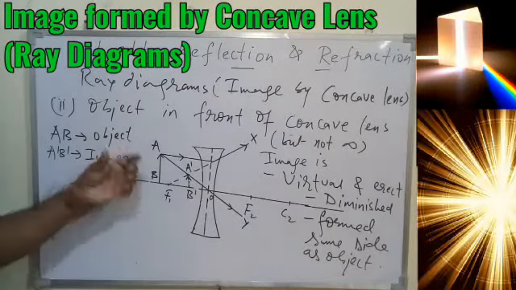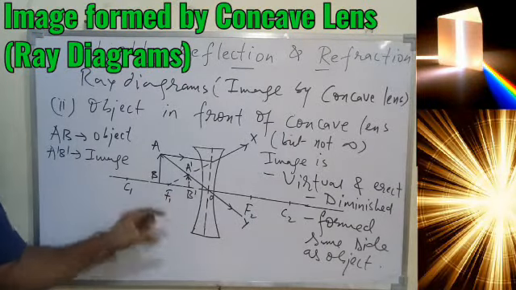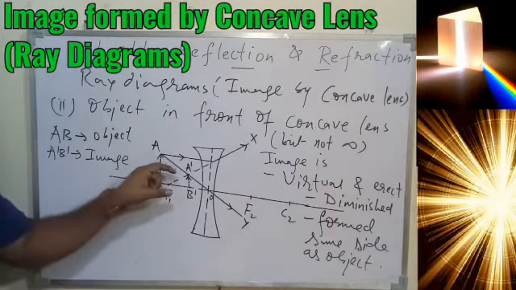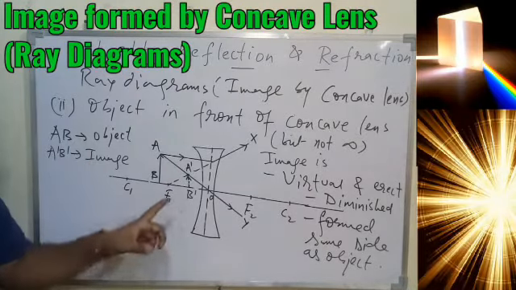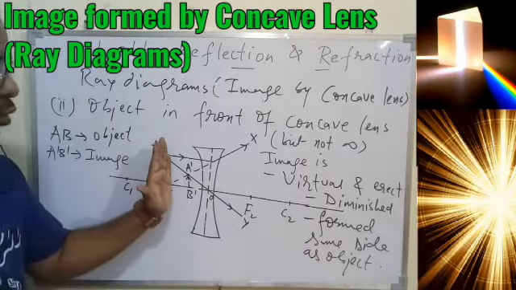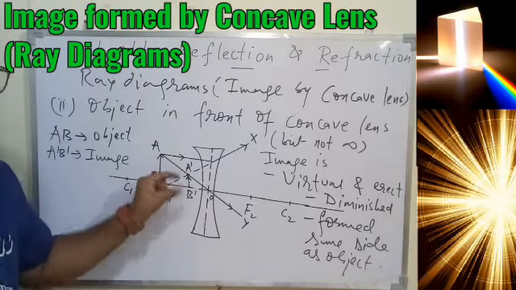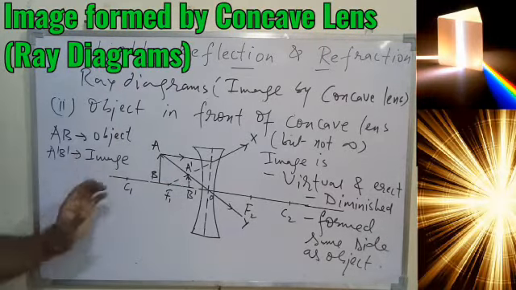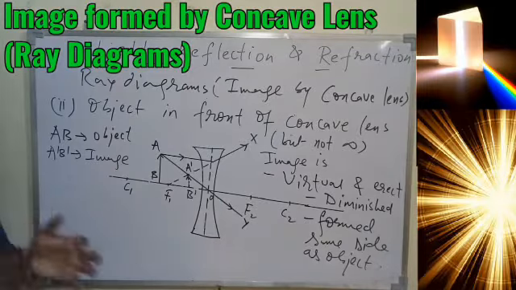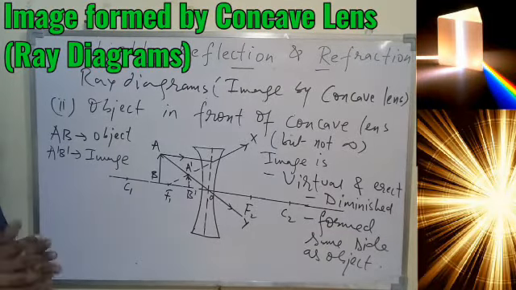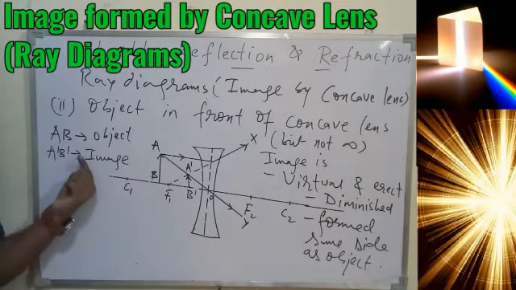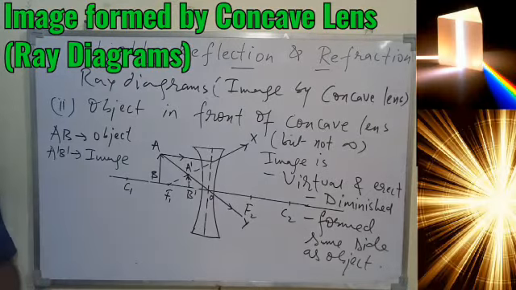But yes, this is correct that with the change in the distance of the object from the lens, the length of the image will vary, will change. But all the time in comparison, the image will be smaller than the object. All the time it will be virtual, all the time it will be upright. So this is your task. Try to see if the object is very close to the lens, in that case, what is the size of the image? If the object is quite far away from the lens, what is the size of the image? And then you compare the size of the image in both cases and try to find out how the concave lens can form images of different sizes depending upon the position of the object. Okay, so that is how you have to analyze yourself.